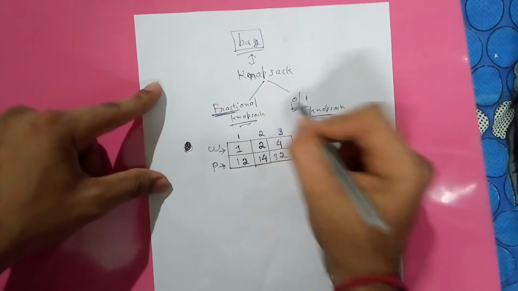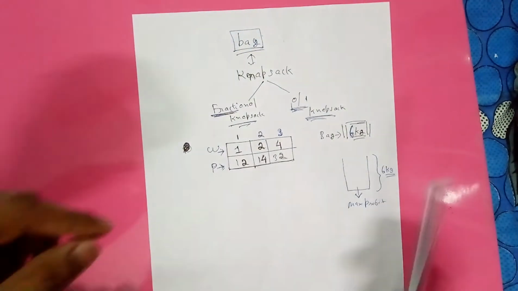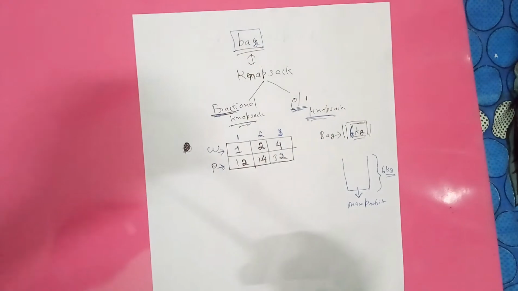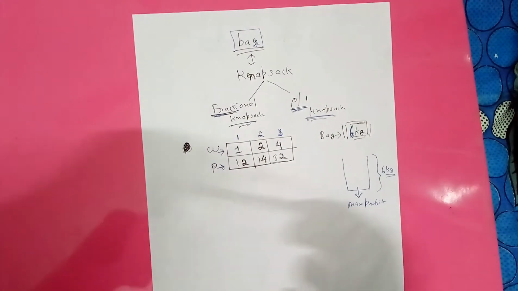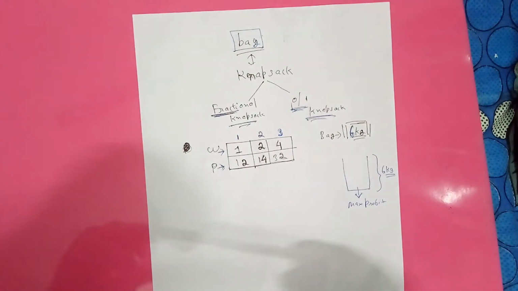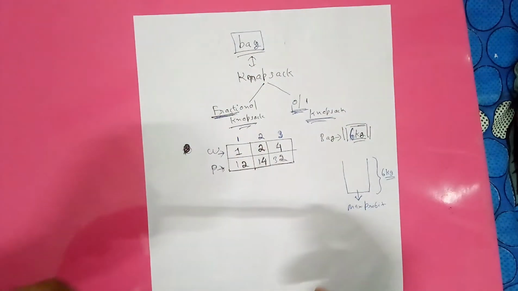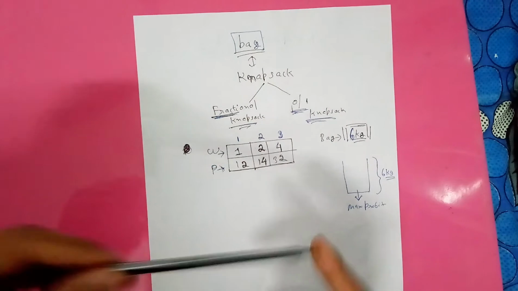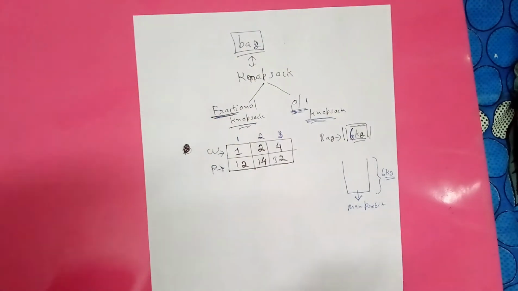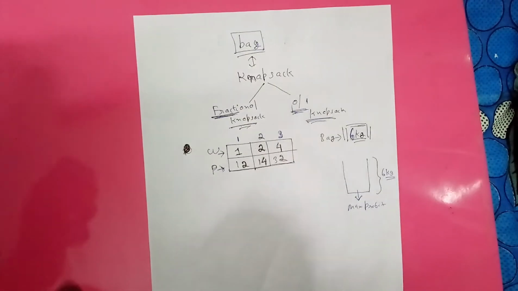And what is the 0/1 knapsack? With an example, assume that you have gone to buy a t-shirt. Can you ask the shopkeeper to give half of the t-shirt, or just give me 3/4 of the t-shirt? It is not possible. We have to take that entire thing. This is the meaning of 0/1 knapsack.